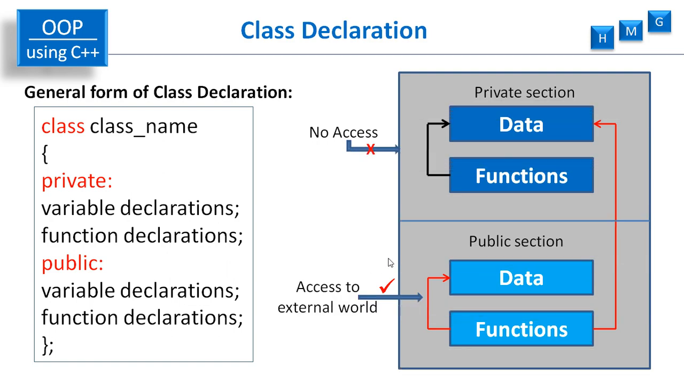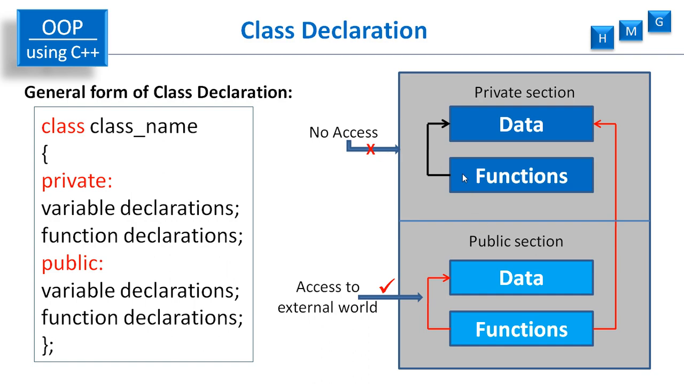Let us understand the class with the help of diagram. Here this outer box represents the entire class. This class is divided into two sections rather. Upper section is private section, lower section is public section. The private section consists of data as well as functions, while public section also consists of data as well as